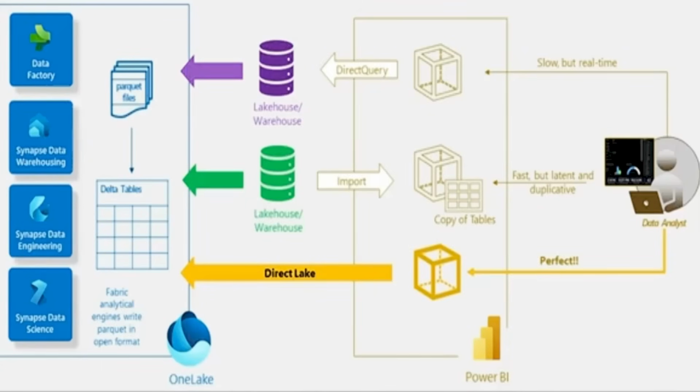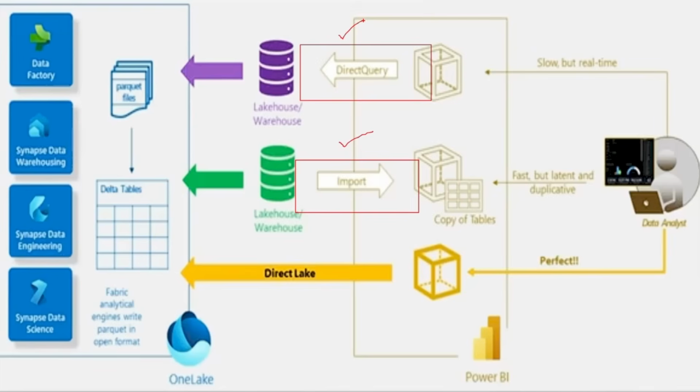Traditionally, Power BI has two main ways to connect to data: Import mode and DirectQuery mode. In Import mode, your data gets copied into Power BI. It's quick to load and great for visuals, but you need to refresh it whenever new data comes in. In DirectQuery mode, on the other hand, nothing gets copied. It connects live to the data source. That keeps things real time, but can feel slower with large or complex data sets.